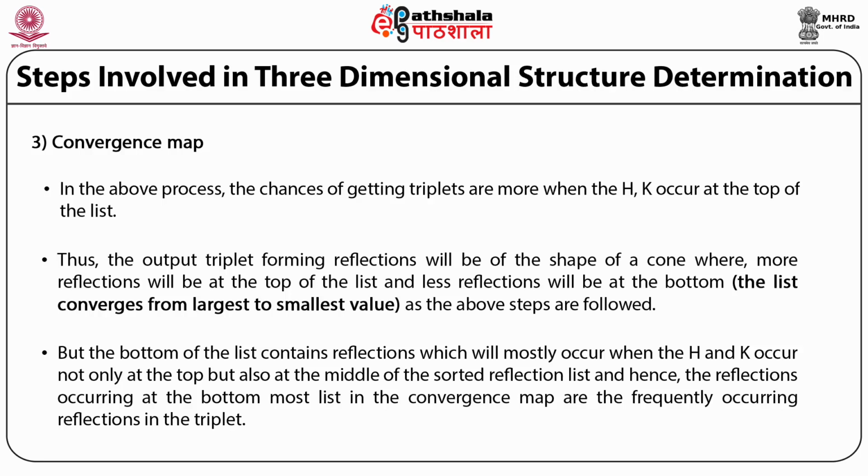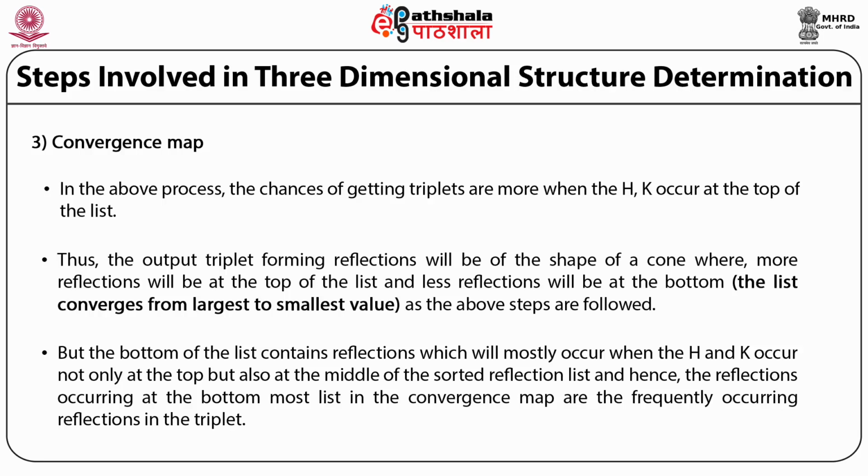So now, in this triplet phase sum, I am going to use two phases of known values to obtain the third phase value. I already know the probable value for the triplet phi h plus phi k plus phi l. So now, when you use the reflections in such a way that they occur in the maximum number of triplets, you can find the maximum number of new phases. So that is why we use the bottom of the convergence list to select reflections and assign some known values to them.